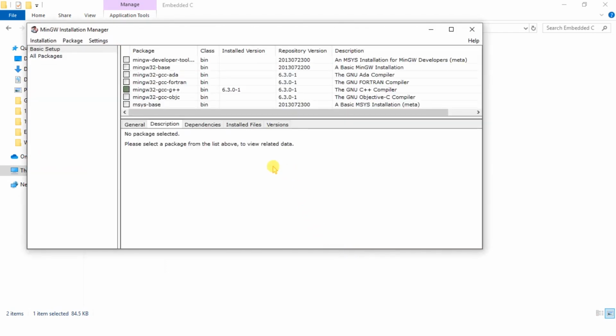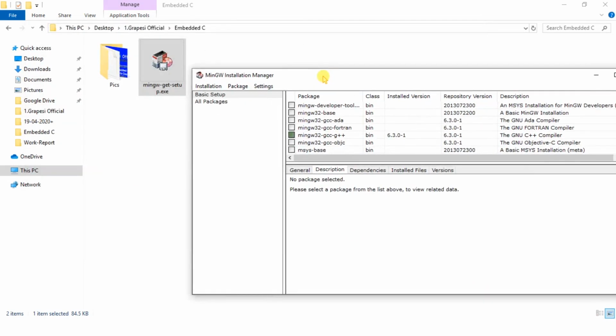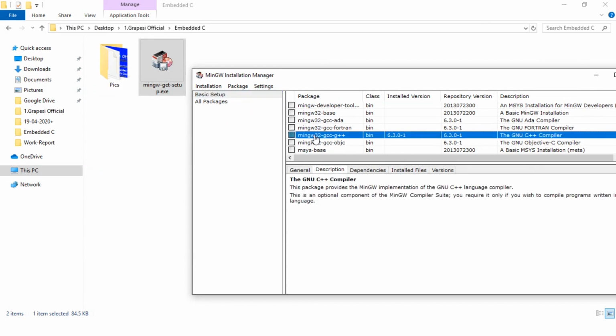When you click on continue, this window will open. You have to click on the basic setup button. After that you have to select MinGW32 GCC G++. When you click this, an option will appear, so you have to click Mark for Installation. After that you have to click on Installation, and then on Apply Changes. I have already done this, so that option is not appearing here, but you have to click on Apply Changes.